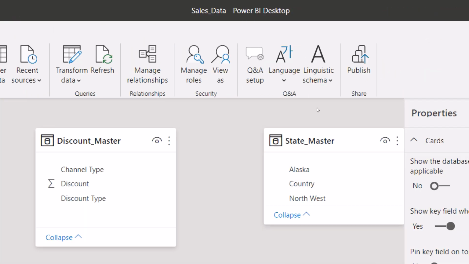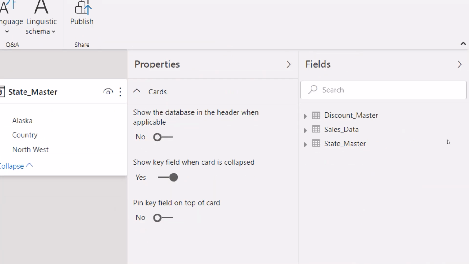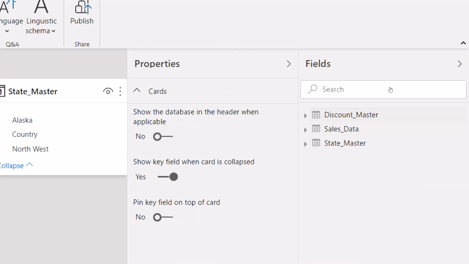Now let's check what is model view. Model view is very useful functionality to create a relationship between multiple tables, as well as this is a very good functionality to create a bulk operation on column values, and that will save your time as well as that will increase your productivity. Let me show you how you can do this.